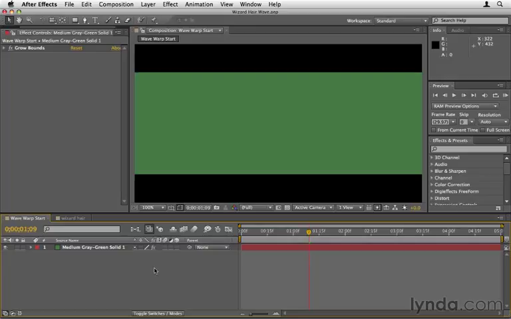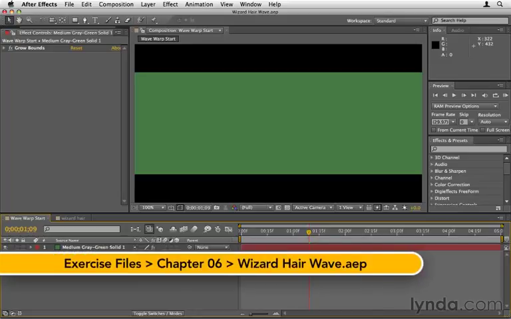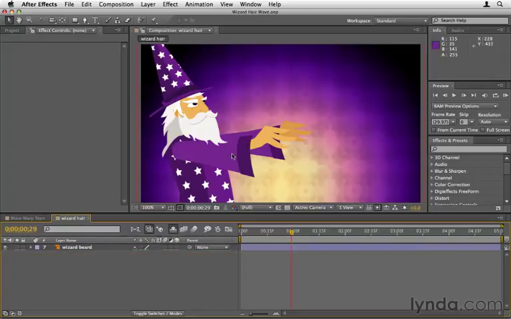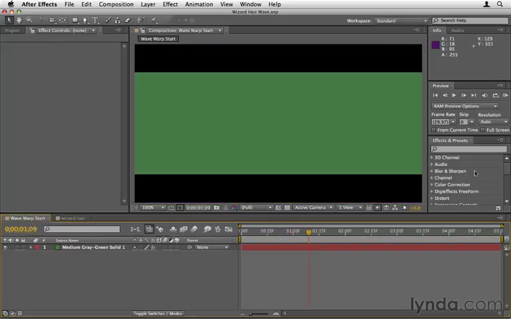Some effects help us to distort layers, and that's what we're going to look at here in this movie. I'm going to show you a really boring example just so we're clear what's happening, and then we're going to look at a more fun example with this cool wizard, this Illustrator art, and we're going to make his beard distort and wave. So first what I'm going to do is do a search on wave, and you'll see there